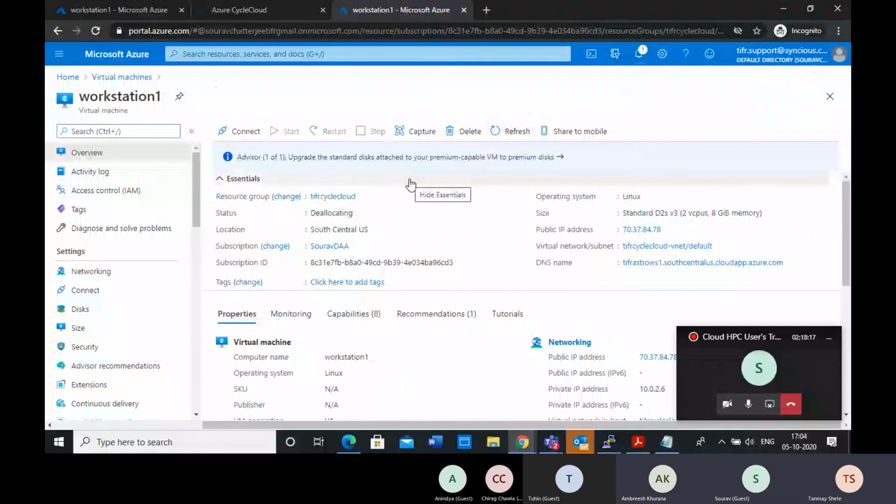So every user will get his or her different workstation. Yeah, that can be done actually. We'll update you, or we can keep the sharing also. So we will update you with that.